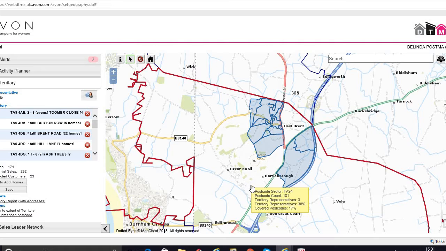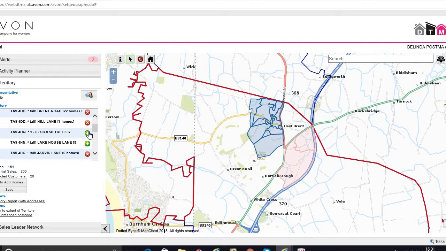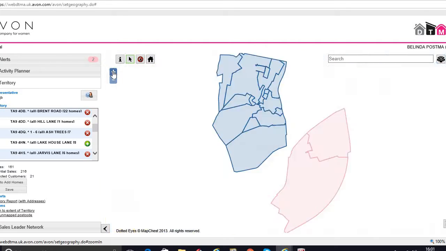If you're looking at this map with your representative and they say, no, I really don't want this part or this part, these parts here seem too far away from them, so you can just click on them and take them off, or you can also come on this side, click the crosses and it will take it off there as well. So now we've narrowed it down a little bit for them. Scan back in,